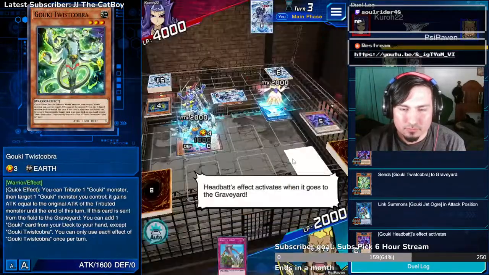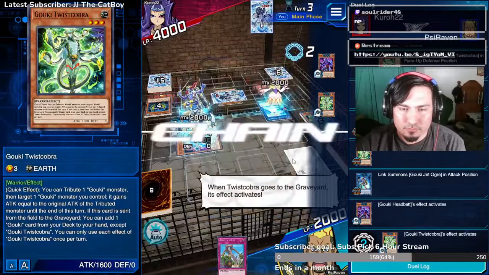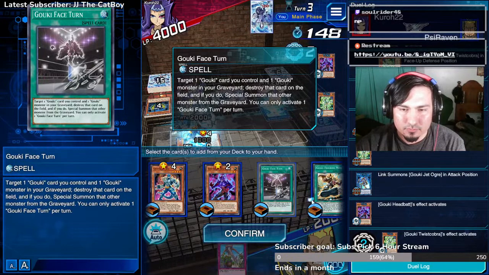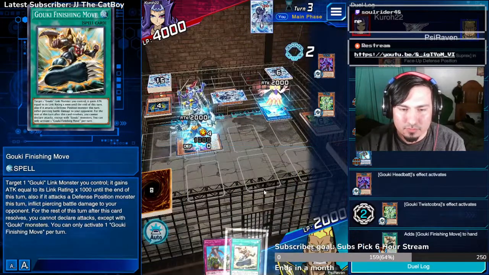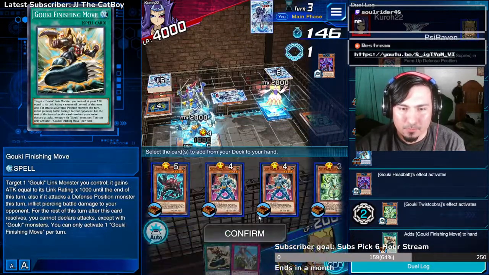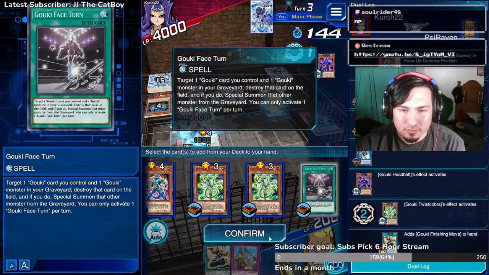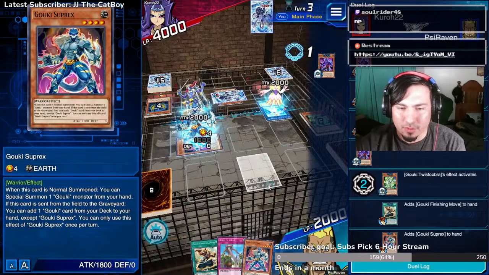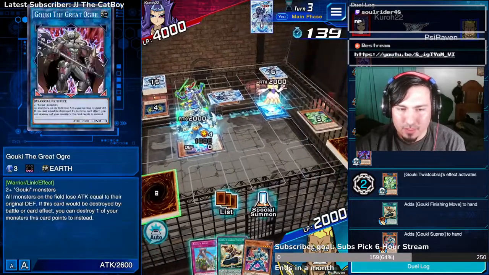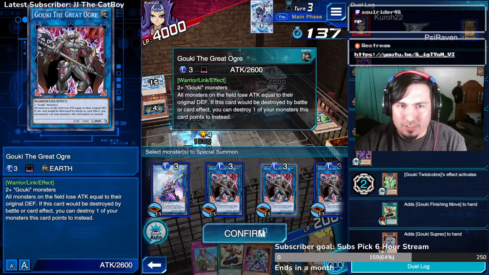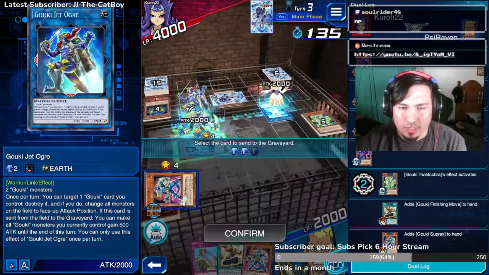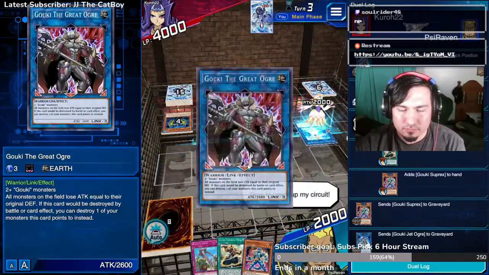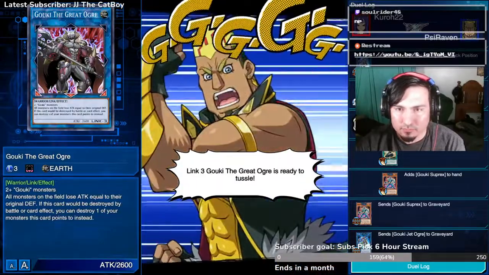The effect activates when Twist Cobra goes to the graveyard. Its effect activates. Finishing move. Just in case, I'll grab Goki Suplex. I link summon one more time. Bring out Goki, the Great Ogre. Time to crank up my circuit. Link 3, Goki the